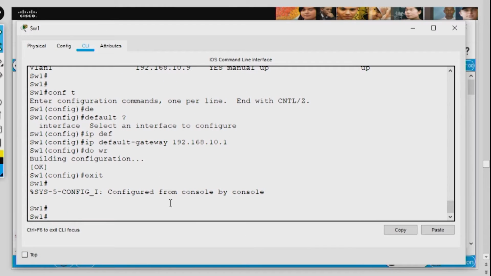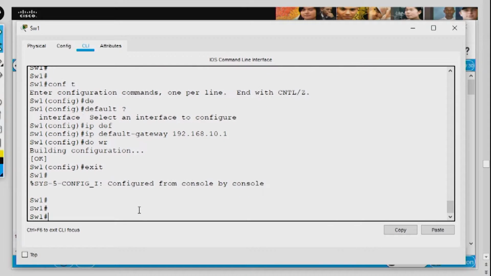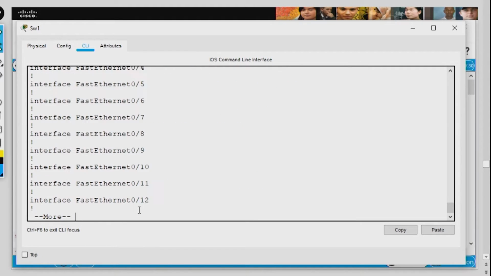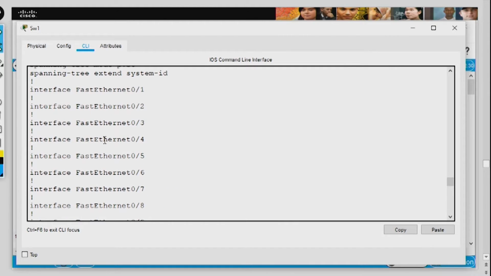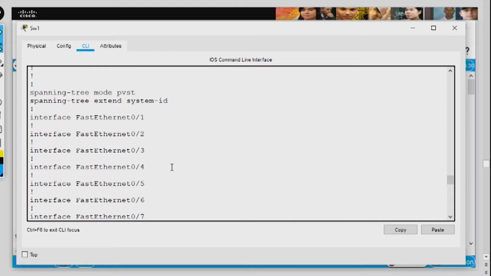Other configuration parameters that we might want to take a look at in the switch is the speed or the interface settings. So again, if I look at my running config, show run, there's all my interfaces. They're all set up for nothing. They have nothing configured. So what speed, what duplex are they actually running at? And if we talk about duplex,